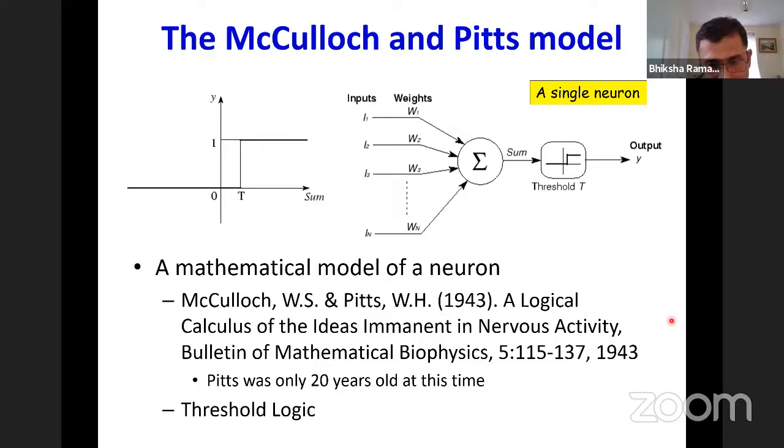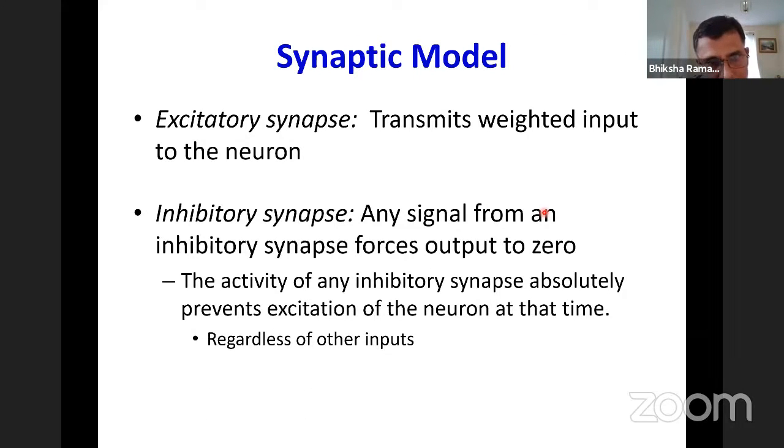calculus for the ideas immanent in nervous activity, where they came up with a mathematical model for the neuron. The basic model was just simple threshold logic. It's not quite the figure that I have over here, but their idea for the neuron was that each neuron received a certain number of inputs, and if the total input exceeded a threshold, the neuron would fire, unless you had these things called inhibitory inputs. If an inhibitory input was ever on, the neuron could never fire. Now, Pitts came up with a lot of extremely complicated math to explain all of this. And I don't think there's anybody since 1943 until today who has completely understood all the fine detail of Pitts' model. But here is the general